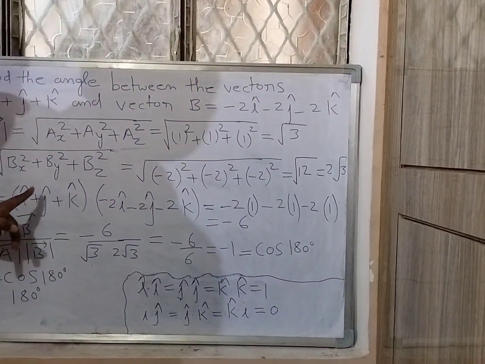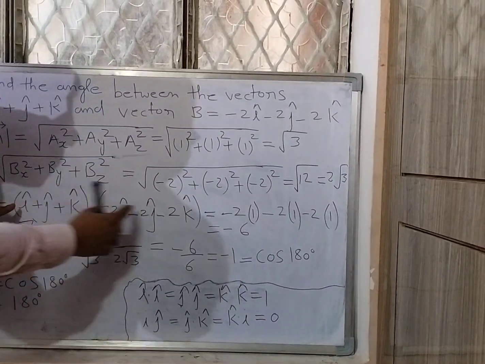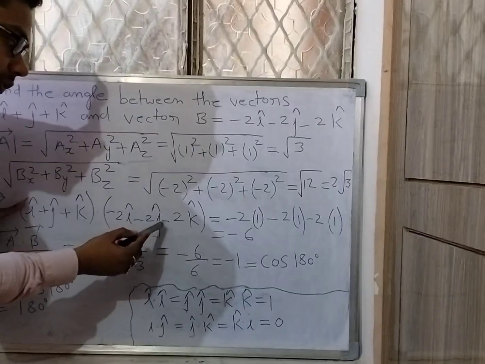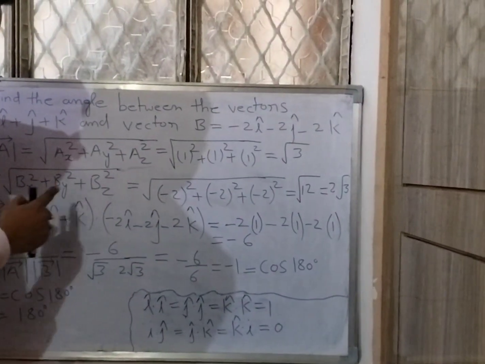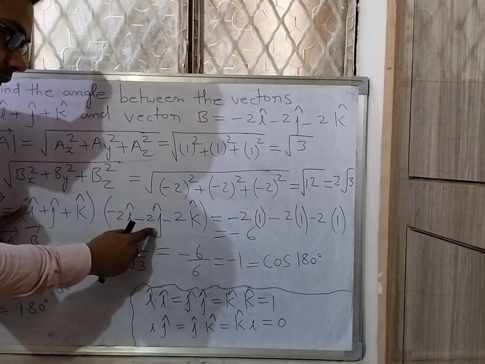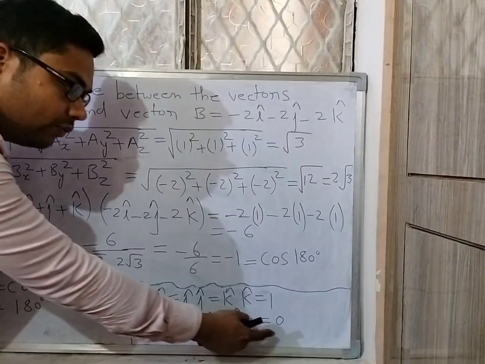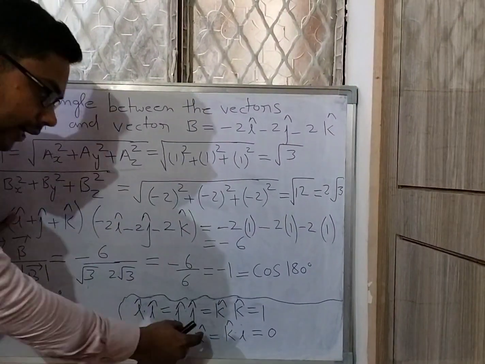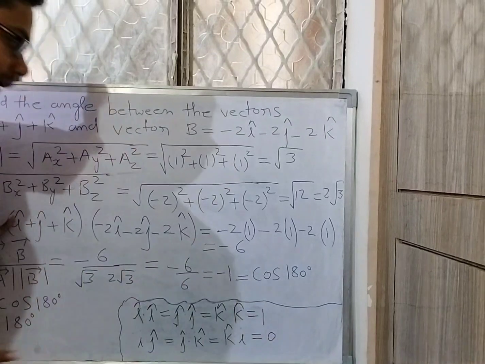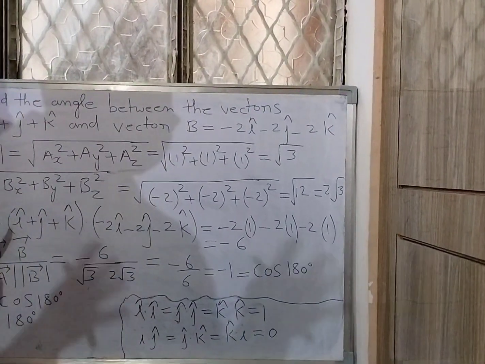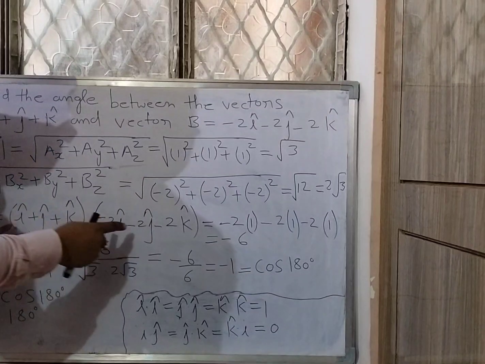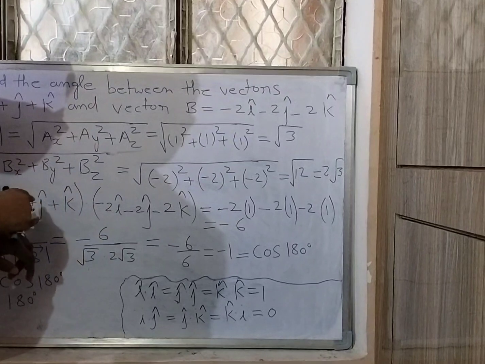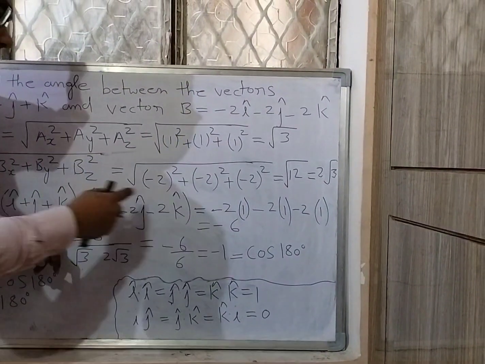Now we can see that i cap plus j cap plus k cap should be multiplied by this term. So this i should be multiplied by this one and this one. If this i is multiplied by j, so i dot j, what value will we get? 0. If this i is multiplied by k, so i dot k, that value will also be 0. So what we have understood is that there is no need to multiply this i to j and k. We only have to multiply i to i, j to j, and k to k.